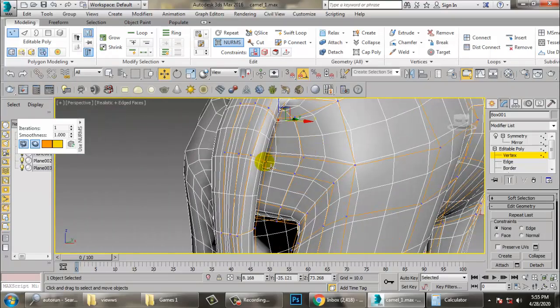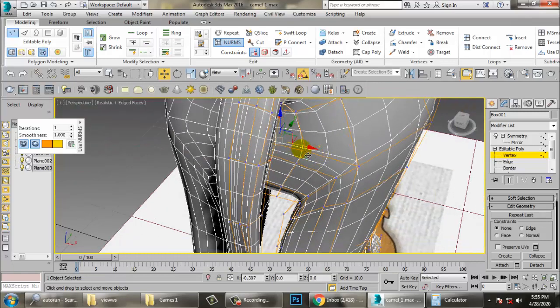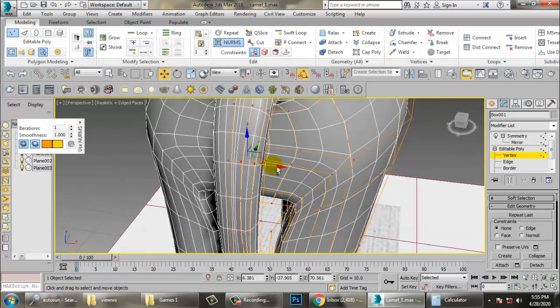Select this and this and push it more inside this.